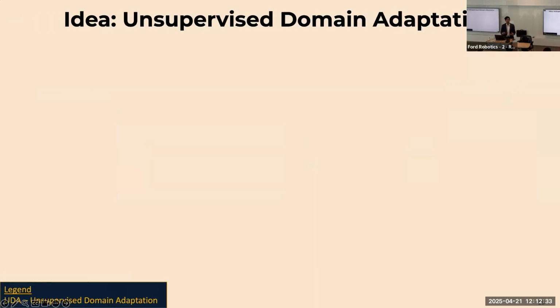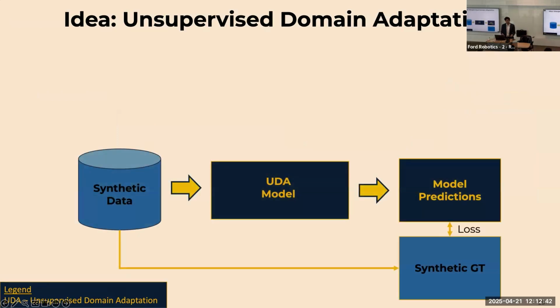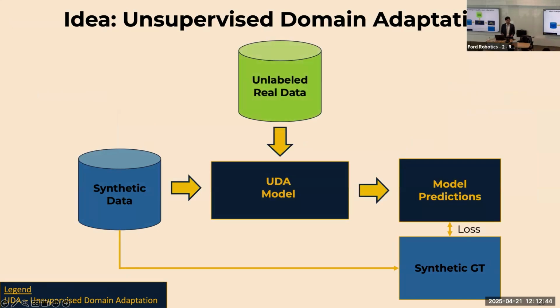Another potential way that actually addresses this sim-to-real gap is called unsupervised domain adaptation. So again, we will train a model using synthetic data and their respective labels, but we'll introduce a dataset of unlabeled real data in order to facilitate the transfer from synthetic data to real data. This is where the sim-to-real transfer step happens, and a variety of methods have explored this field in the past.